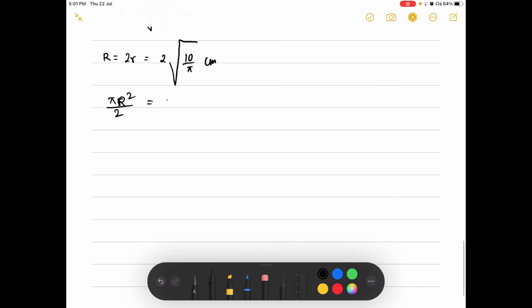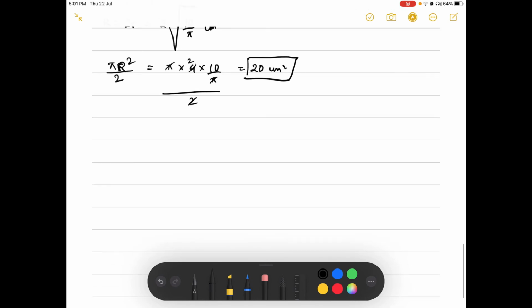Which is pi into, if I take the square of this part right here, what will it become? It will become 4 into 10 by pi, because we are taking the square of the root, which gives us what is inside the square root. Divide by 2. So pi gets cancelled, 2 and 4 get cancelled. This leaves us with 20 centimeter square, which